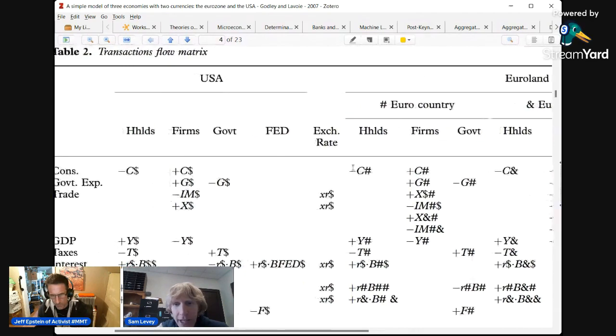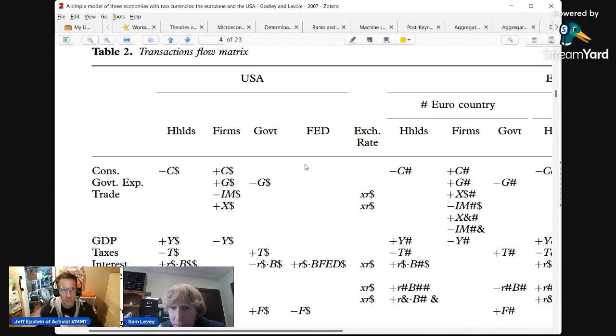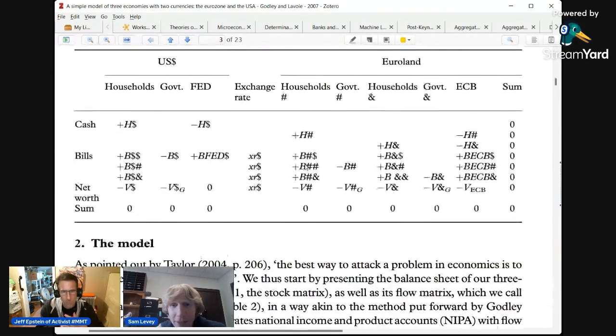I understand that. Yeah. So let's keep doing this. Well, wait, we should probably do the other table first because that one's going to reference this one. So H and B and V, have you picked up what those mean? Okay. Household money goes up. Wait, I don't understand, this is static. This is a snapshot. I don't understand what plus and minus means in this context. Okay, so the minus sign means it's a liability, and the plus sign means it's an asset. So H, did you pick up what the H stands for?